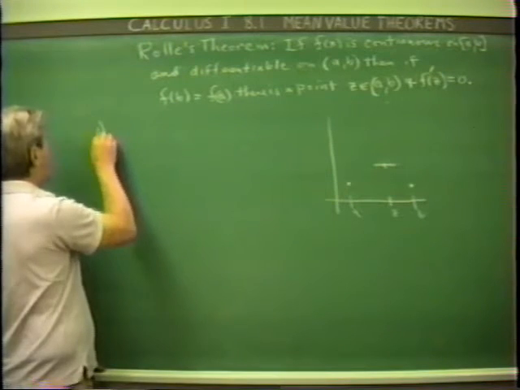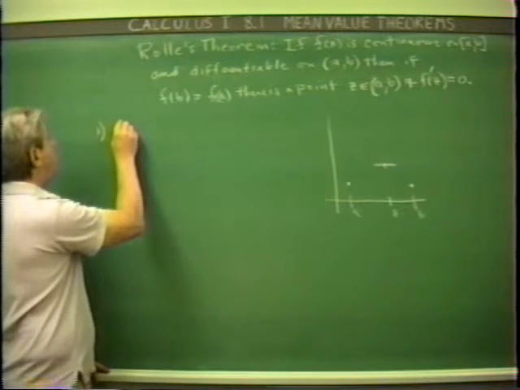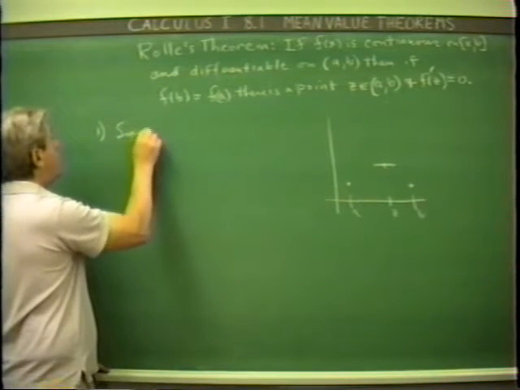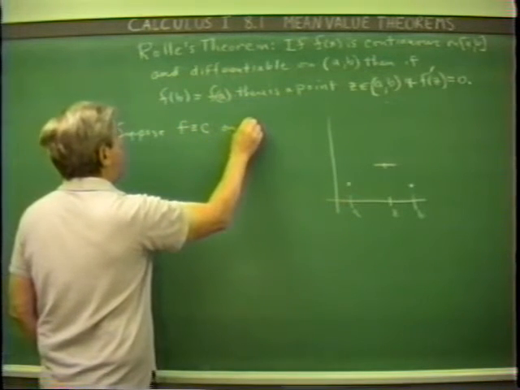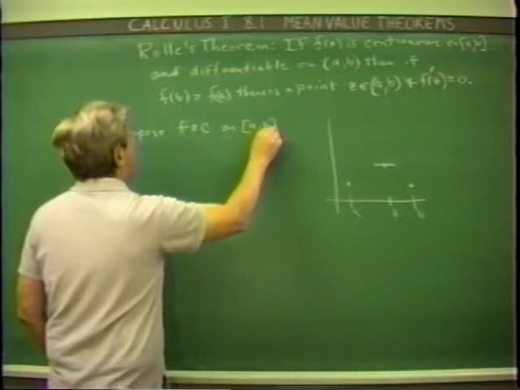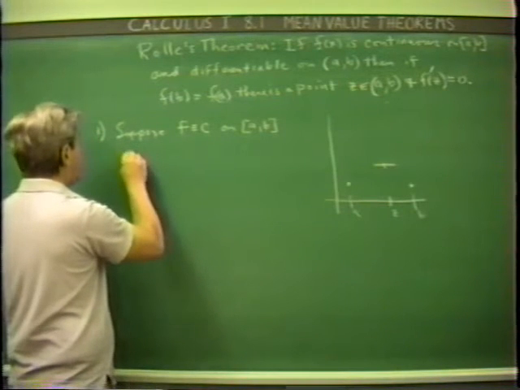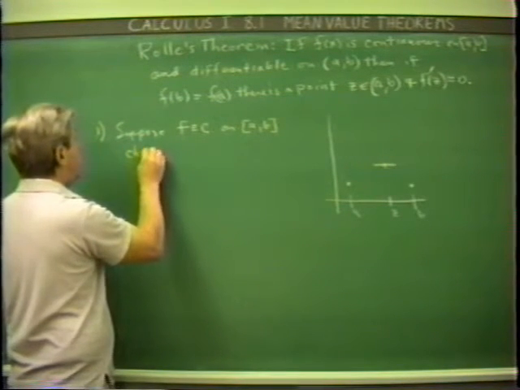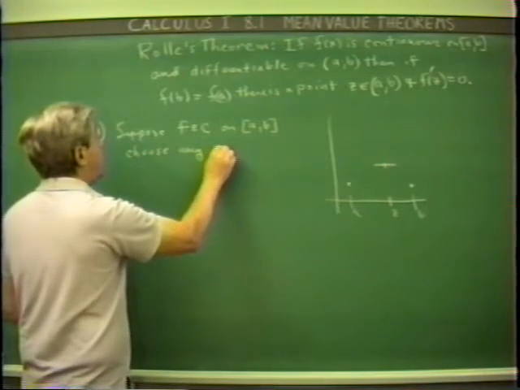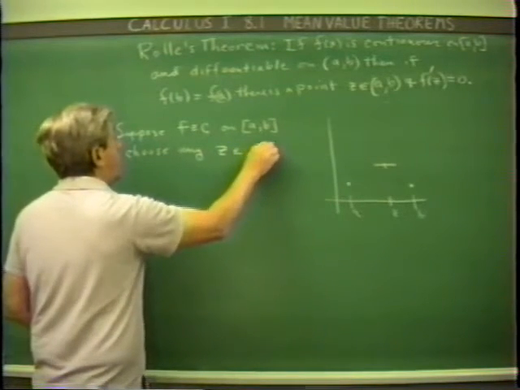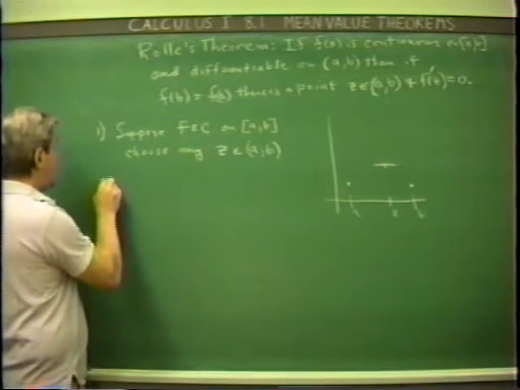One is sort of a silly case perhaps, but suppose f is identically constant on the interval ab. Well then, the derivative at every point in ab is 0, so choose any point z in the open interval AB. And f prime of z is going to be equal to 0. The second case is,